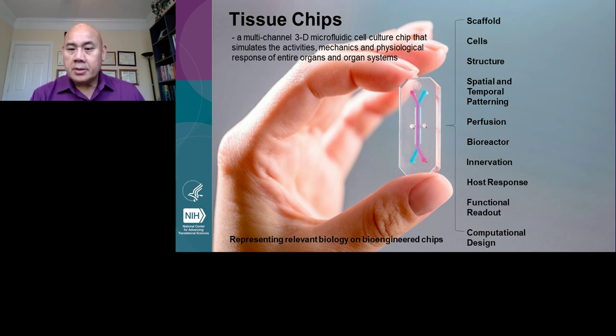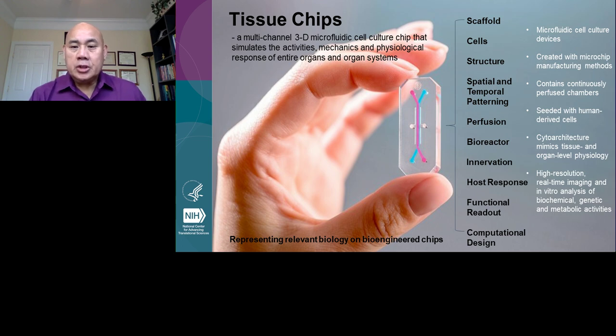Innervation and immune host response are also critical features that we're trying to represent in the systems, as well as functional readouts that would include non-invasive real-time imaging in this system. So this is just a general representation of what a tissue chip looks like. And as I've said, it's really trying to represent physiologically as well as in terms of the cytoarchitecture of particular organs and tissues, and using real-time imaging and omics-based technologies to have the capability of newer ways of evaluating response of